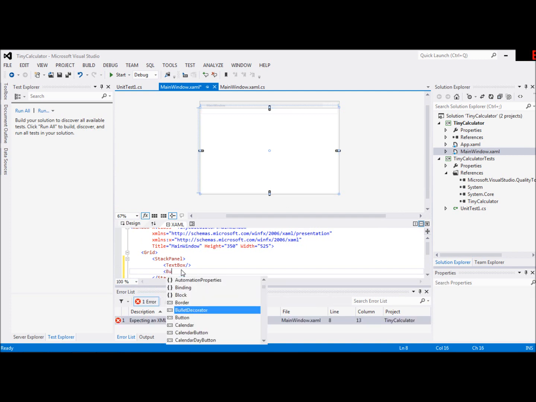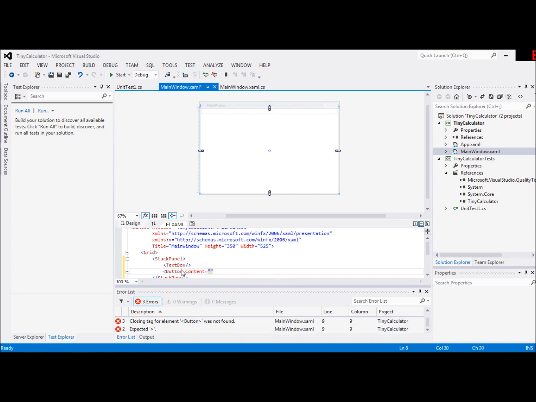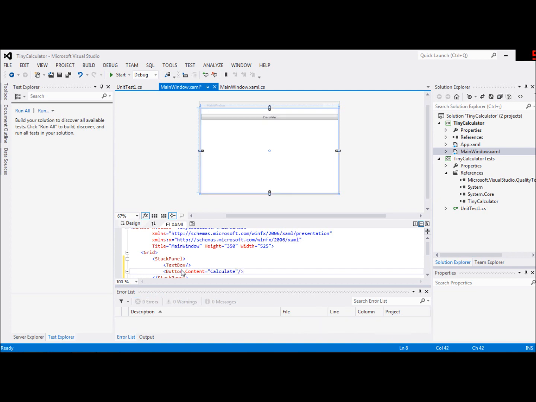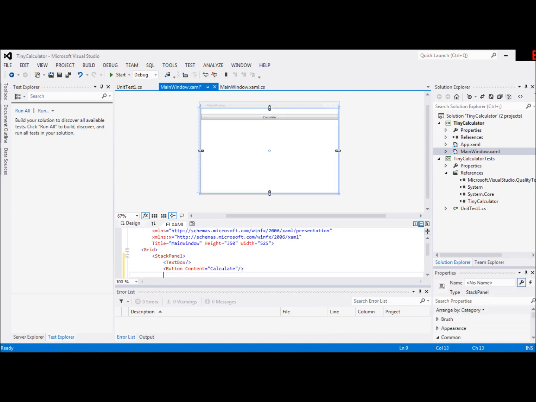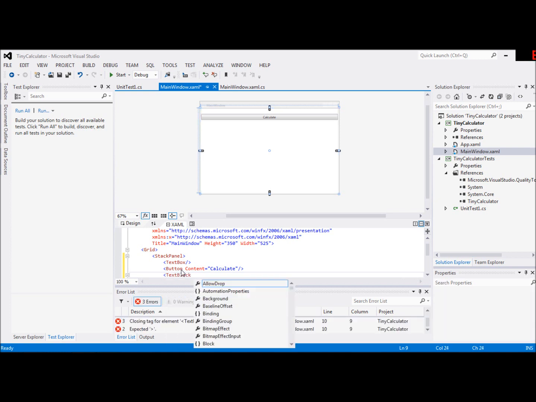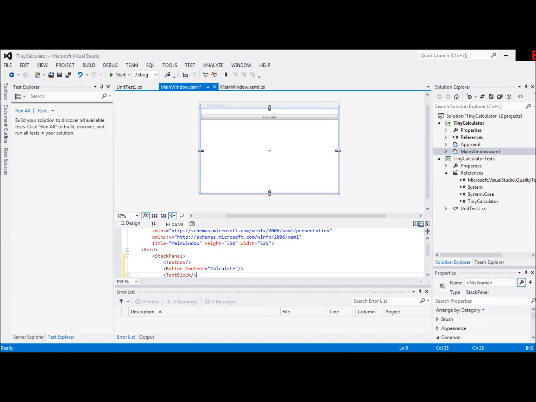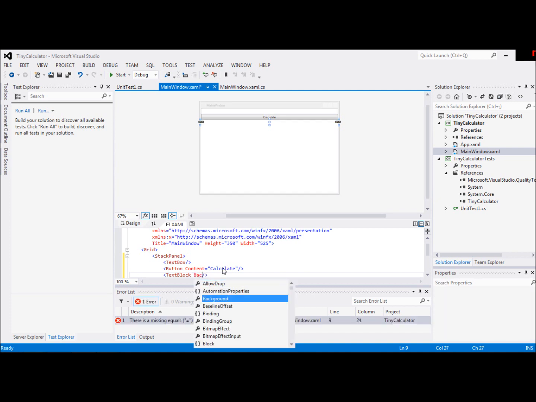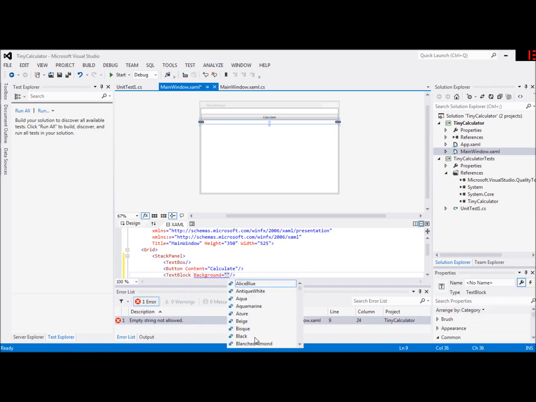And a button, so the user will press to perform the calculation of that sum. I'll put a title, caption even, of Calculate on the button, and then the final control will be a text block which will display the result. Let me just change the background of that so that it's actually visible. Background equals